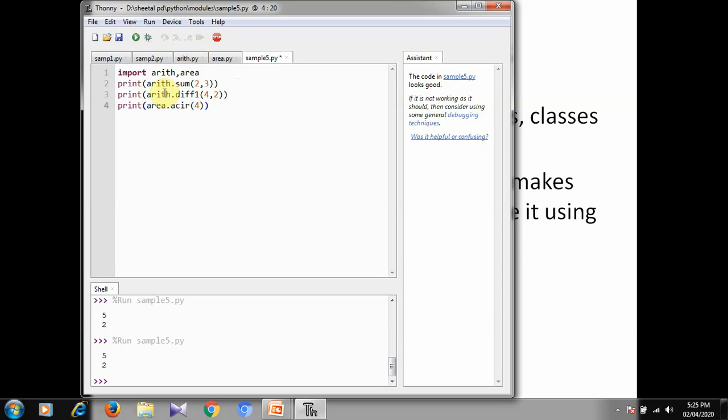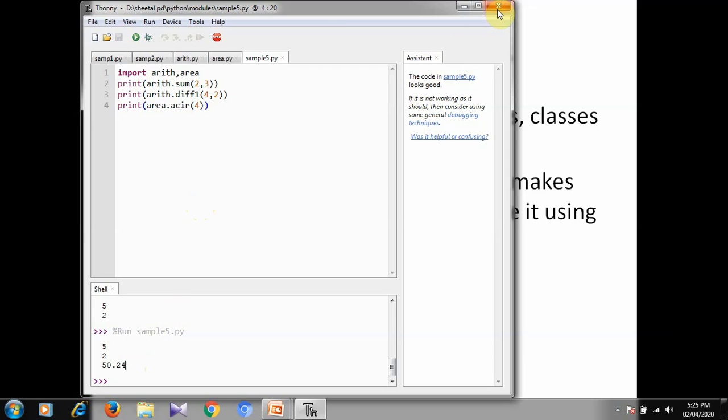These two functions are from the first module and this function is from the area module. We got the result. This is the output of summation and difference of the values and this is the area of the circle. In this way, we can predefine multiple modules in our programming and use them whenever we require.